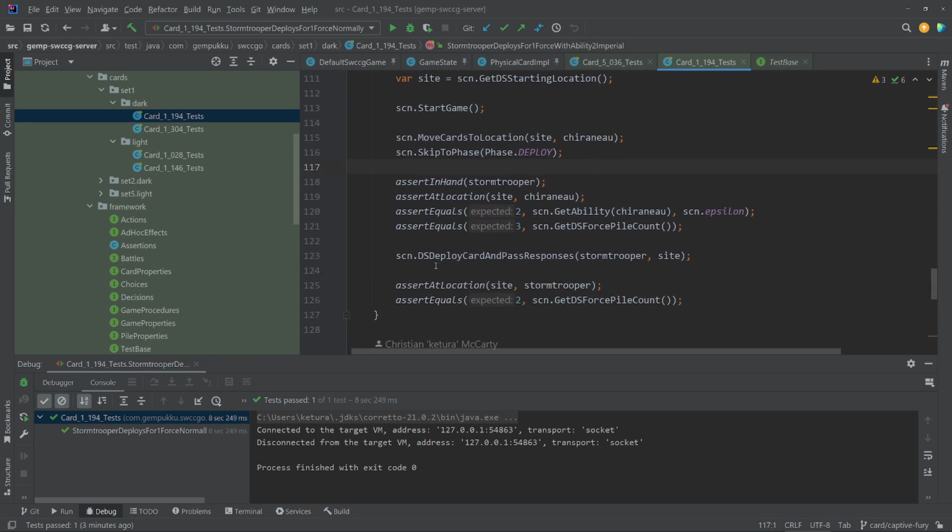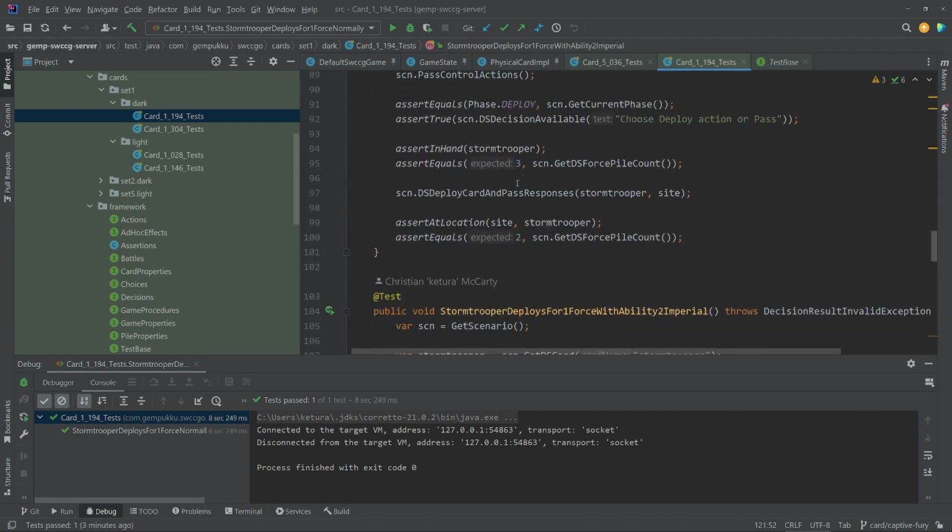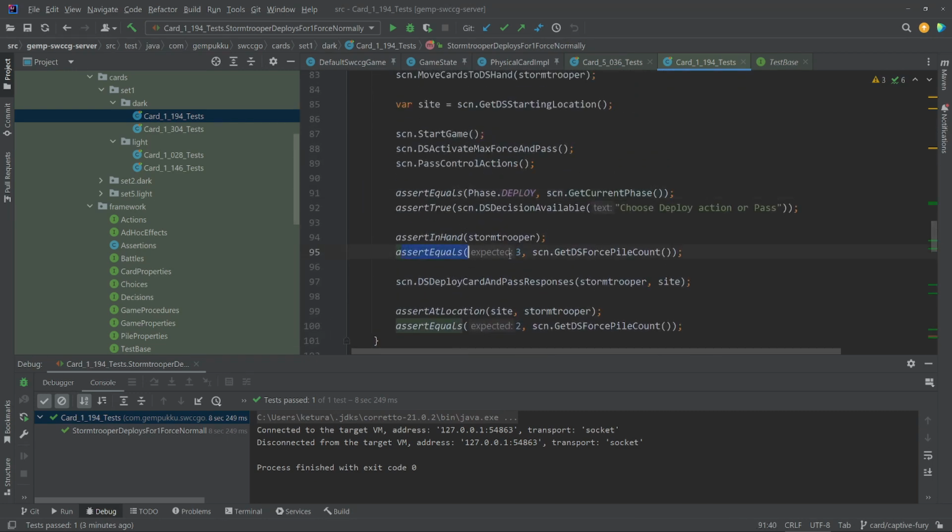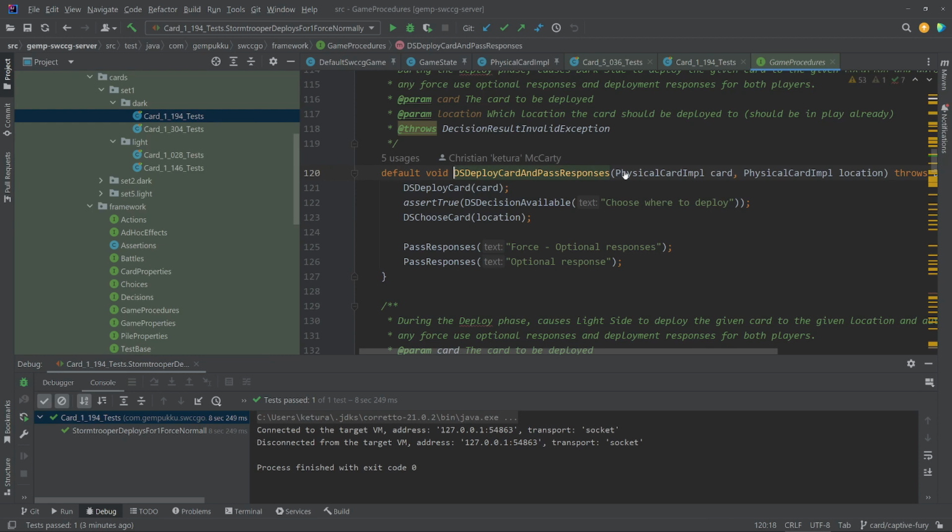Okay. So anyway, so now that we have made sure that everything about this circumstance is legit, right? We have ourselves, or I've gotten lost again. Okay, so we have ourselves 3 cards in the force pile. We have ourselves a Stormtrooper in hand. We should be able to deploy that Stormtrooper. So now we're going to use this helper function, dark side, deploy card, and pass responses. This uses legitimate actual game actions. So first it's going to check and make sure,